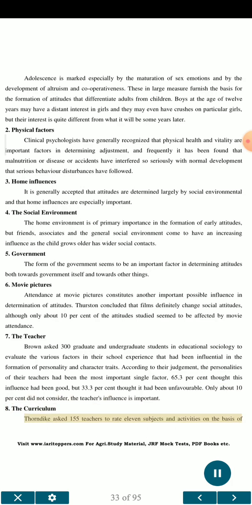8. The curriculum. Thorndike asked 155 teachers to rate 11 subjects and activities on the basis of